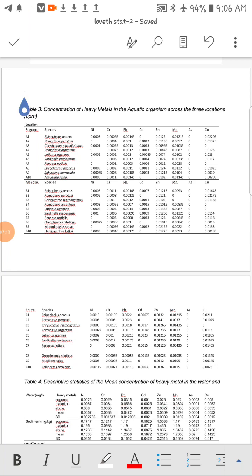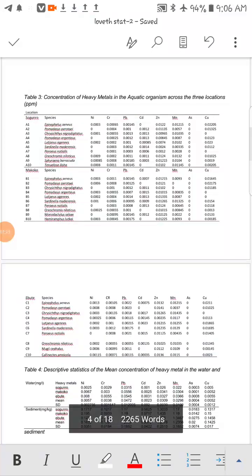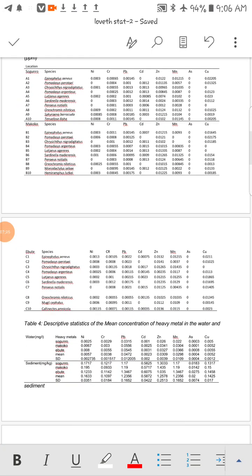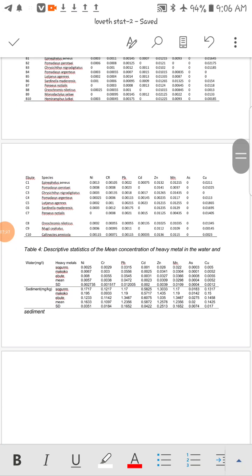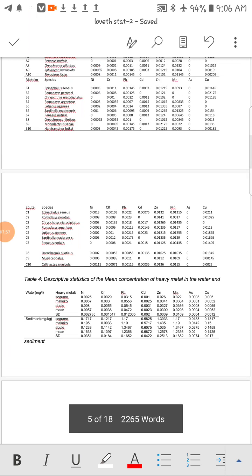This is how the concentration is shown. This one is showing the concentrations of heavy metals in parts per million. Of course, you know that already. So now, descriptive statistics of the mean concentrations of heavy metals in the waters and sediments. This one is a summary of the